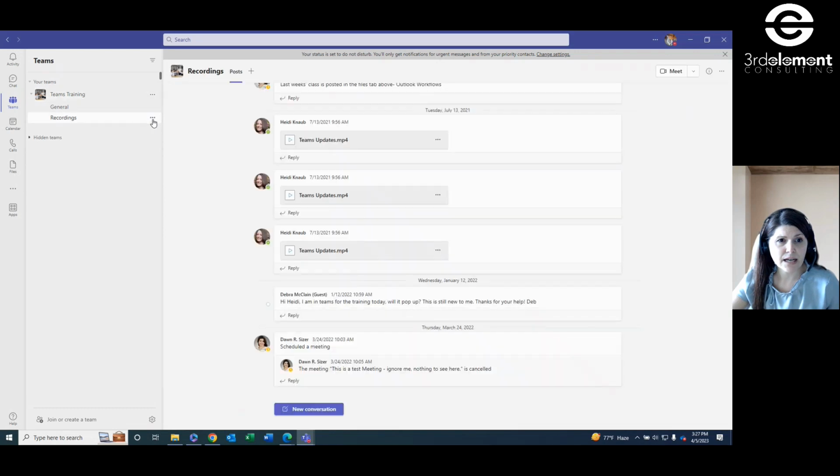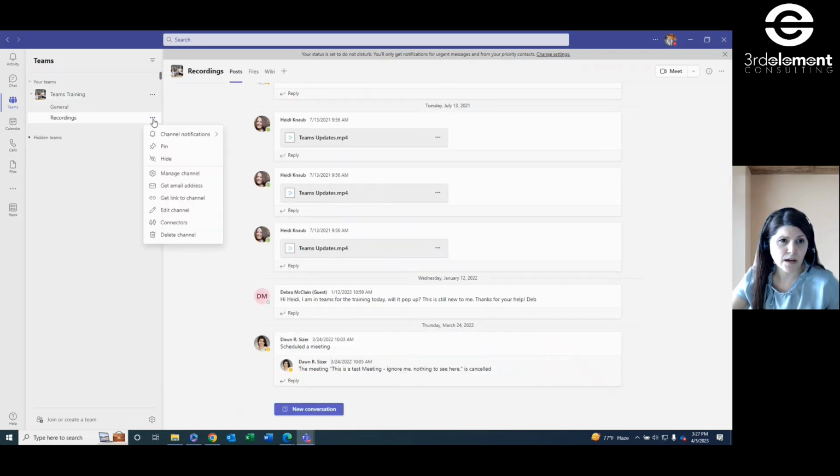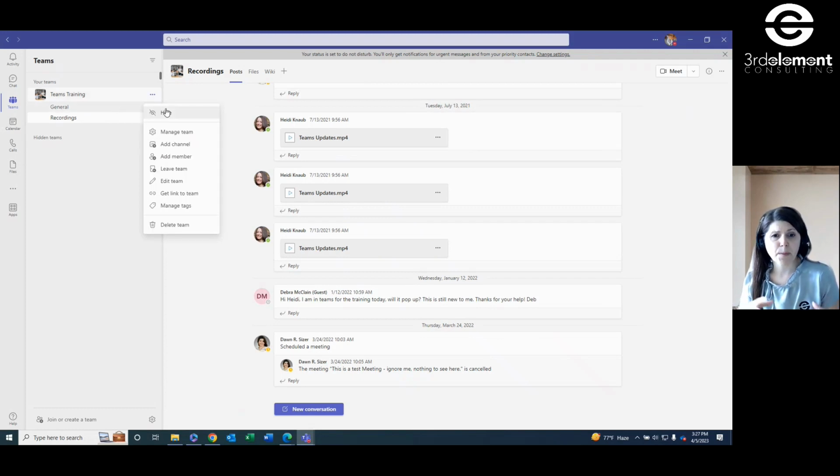Any of the channels inside of a team, I'm going to pop over to the recordings channel right now, can be made to be a private channel. And what that means is that you can set permissions on that particular channel so that if you have a team of 9, but not the entire 9 need to have access to that particular channel, you can set it as private and lock it down so that different members of that particular team have permissions to just that channel. So that's what that is. All right. So back to managing our team